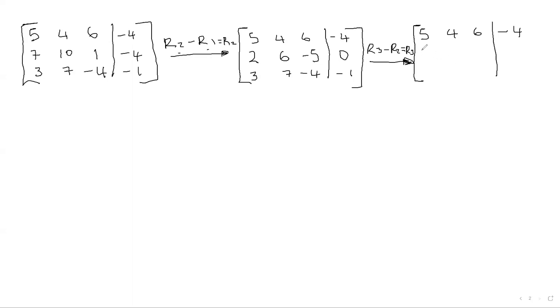So this one will remain. It means 6 minus 5. Then 3 minus 2 is 1. Oh, wonderful. 7 minus 6 is 1. Minus 4 minus 5 is minus 4 plus 5, which is